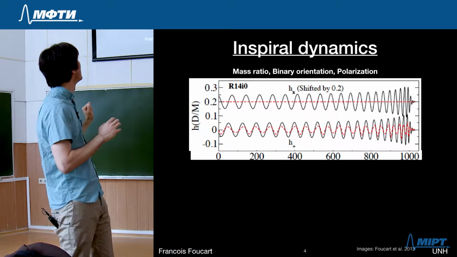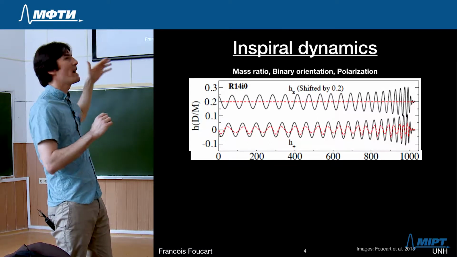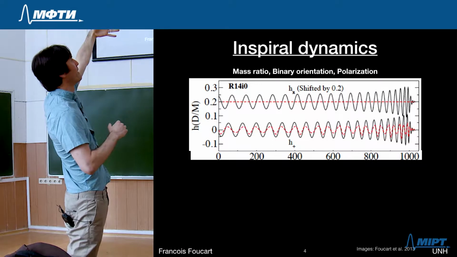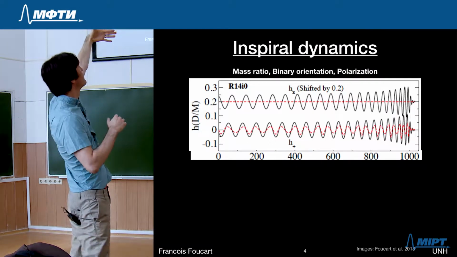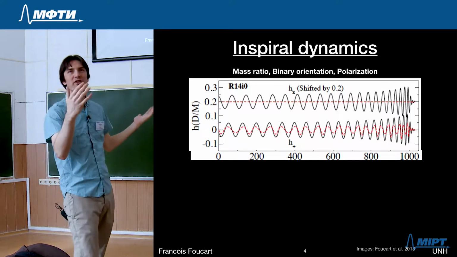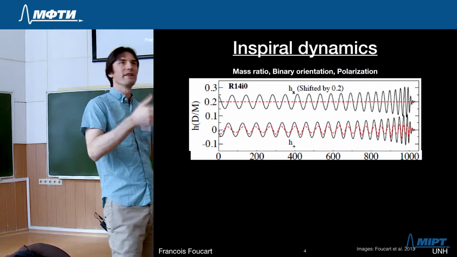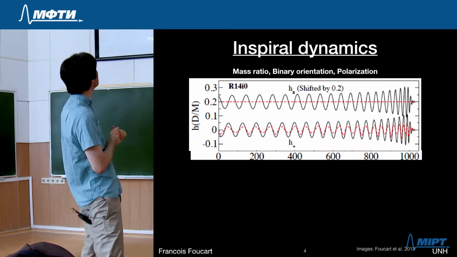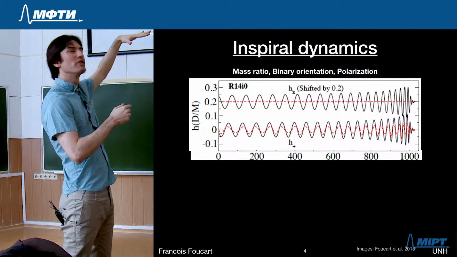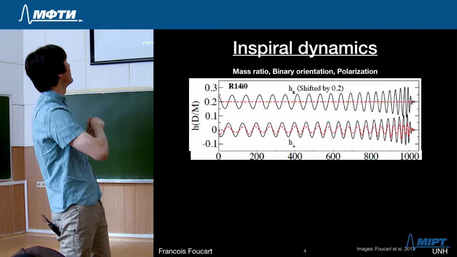And we can see whether the gravitational waves look different from what we were seeing for equal mass systems. The black curves here show you what happens if the system is seen face on, so if the orbital plane of the binary is orthogonal to our line of sight. Right? And there are no real features to the gravitational wave signal that look different from when you were seeing equal mass systems before. On the other hand, if you see the system edge on, so if the line of sight to the binary goes through the orbital plane of the binary,